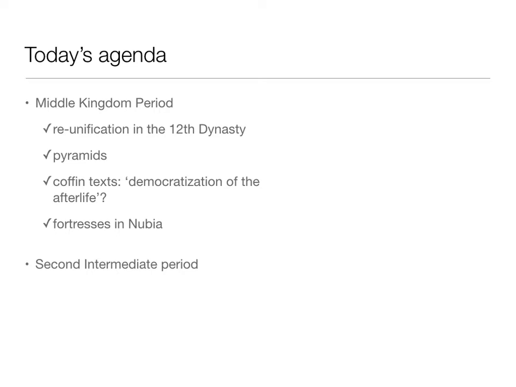So what we want to talk about for the remainder of this lecture is some characteristics of the Middle Kingdom period, and there's a lot of cultural continuity. It's still Egypt, but there are some interesting aspects to the Middle Kingdom, some lessons they learned from this intermediate period. Some of the monuments begin to change, different kinds of texts emerge. So we'll talk about that today and continue in our next lecture with the New Kingdom.